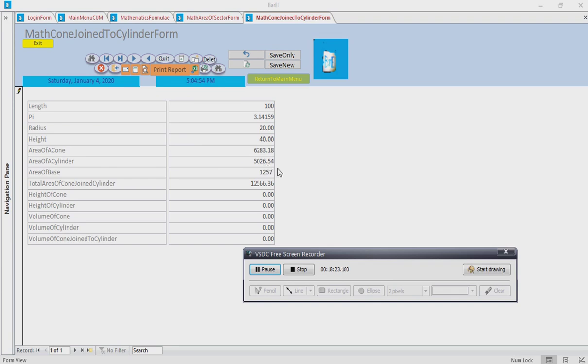Area of the cylinder is 5026.54. Area of the base is 1257. Total area of the conjoined cylinder is